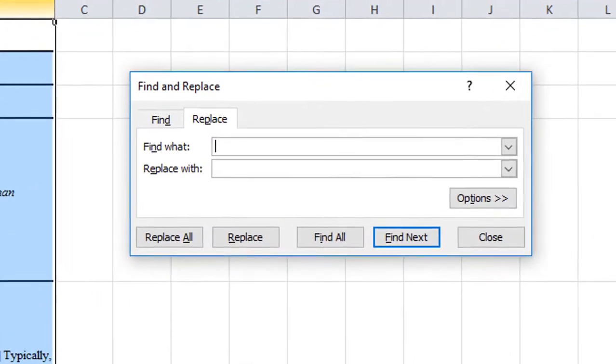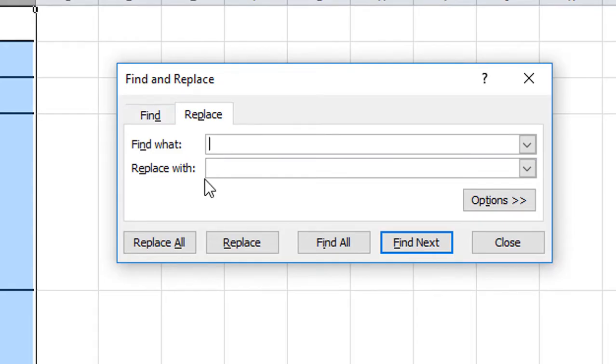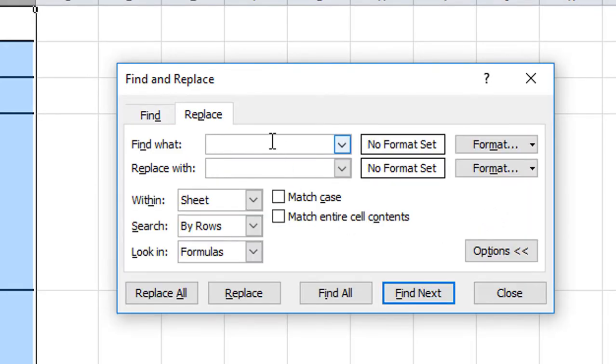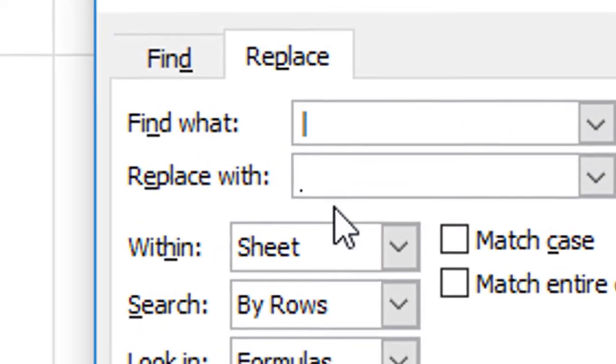Control H also works in Excel as the replace hotkey. In Excel, you don't have the option to replace paragraph marks, right? So what you're going to do first is you're going to find the pipe character. To replace a paragraph mark, you're not given that option from the menus here in Excel, but if you use the characters Control J, you can see it doesn't look like it did anything, but